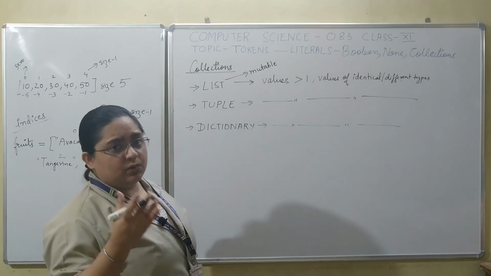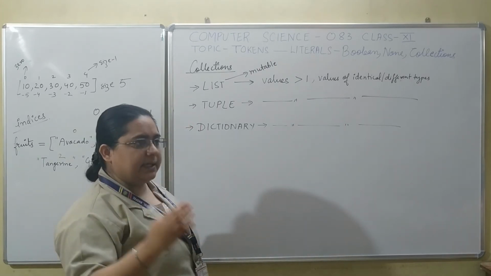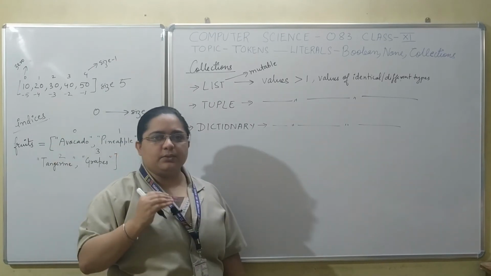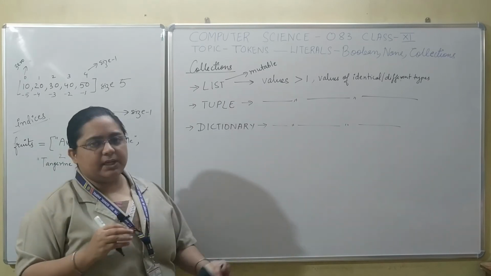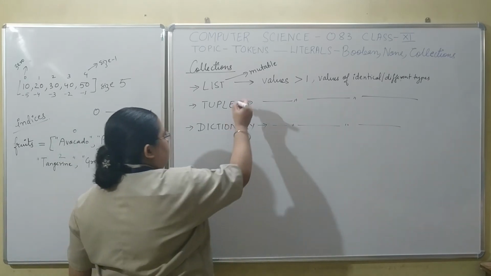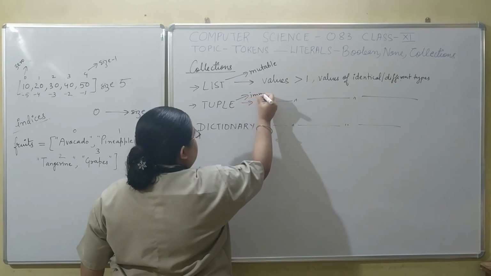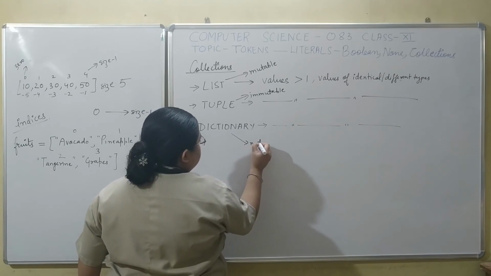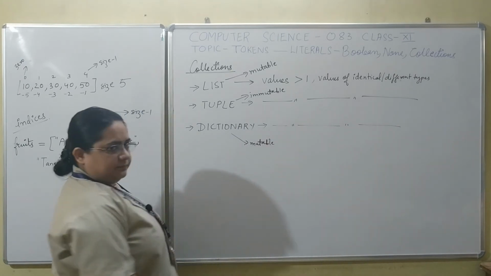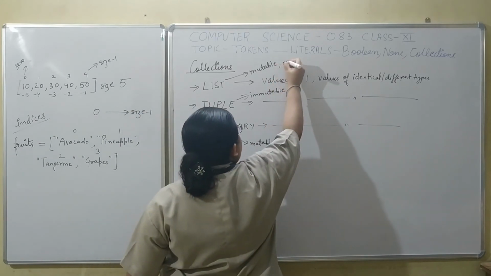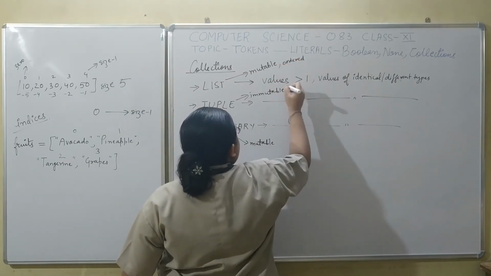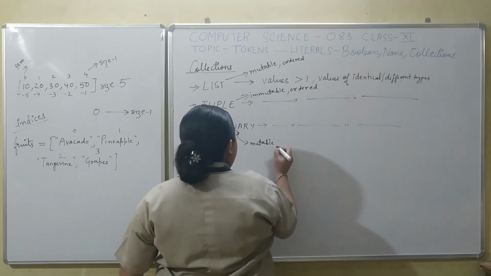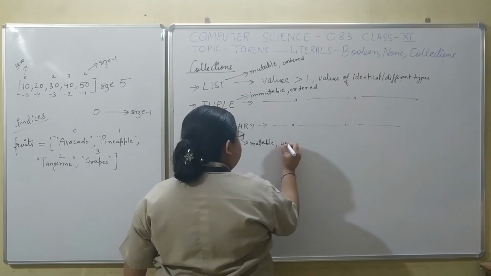that is whose values could be changed in place. Now its details would be given in the next chapter. So kindly do not get confused about what is mutability and what is immutability, because this would be explained. Tuples are immutable and dictionaries are again mutable. Lists are mutable as well as ordered. Tuples are immutable and ordered, whereas dictionaries are mutable but unordered.